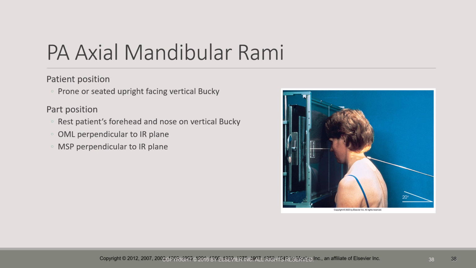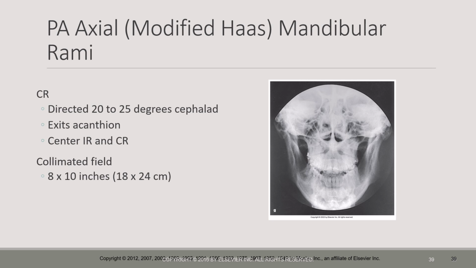Okay, and you'll find that the mandible is slightly elongated here. A better look at the rami with a modified Haas projection. You can see a little bit more of the gonian area of the mandible with this. Looks like they clipped as close as you get to clipping the mental point without clipping it on this one. So as far as opening your collimation, again, you want the TMJ joint, so open up your collimation